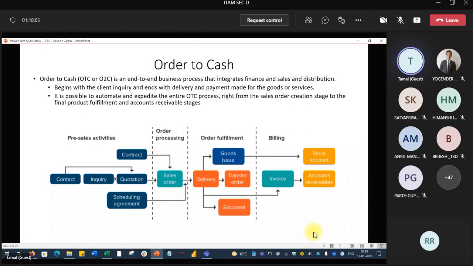It starts with the client contact over a phone call or an email, then inquiry, then quotation, contract management, then issuing a sales order, then the delivery of sales to inventory, then to the customer, then packaging, picking, all those things are considered here, order fulfillment. Then you have to bill the customer, then you have to get the money. After getting the money, you put it in the actual recording, meaning recorded in the actual database.